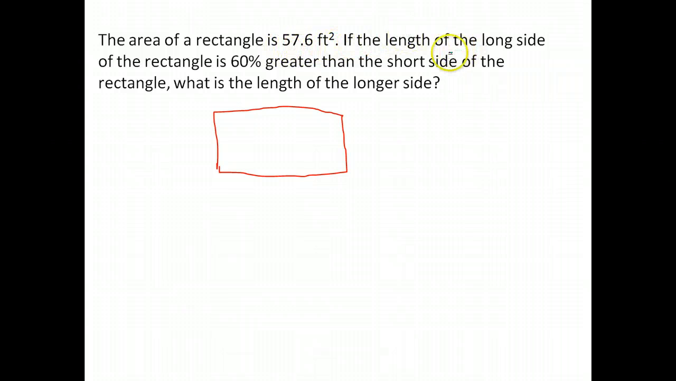If the length of the long side of the rectangle is 60% greater than the short side, what's the length of the longer side? Okay, so we have a length and we have a width. Let's call our width, or our shorter side, x. It said the longer side is 60% greater than that. Now if we move our decimal over to write this as a decimal instead of a percent, that gives us 0.6. But notice it's x plus 0.6 more. It's the full side here plus 0.6 more, or 1.6